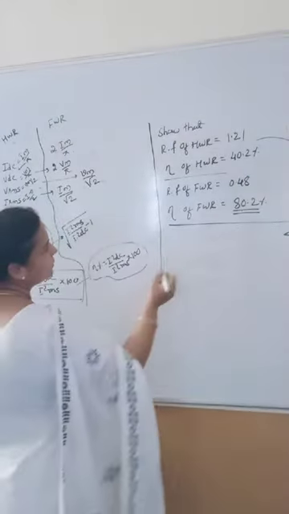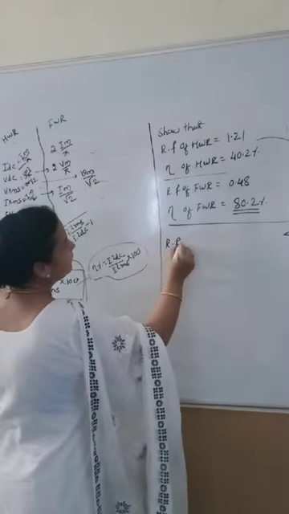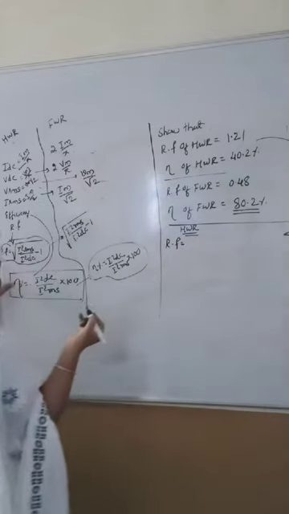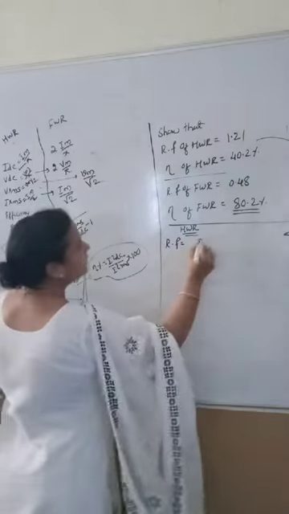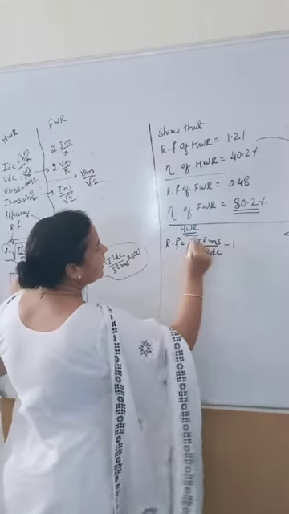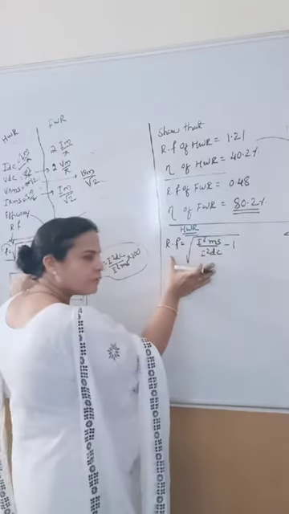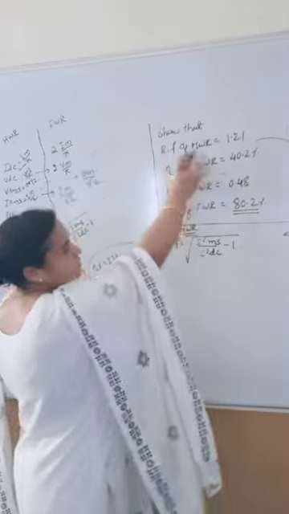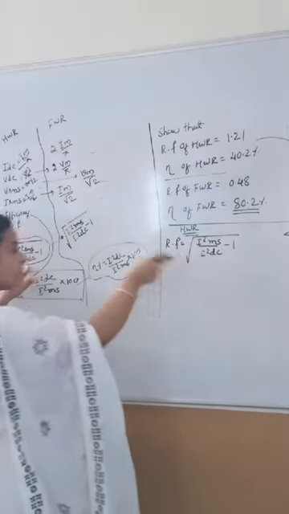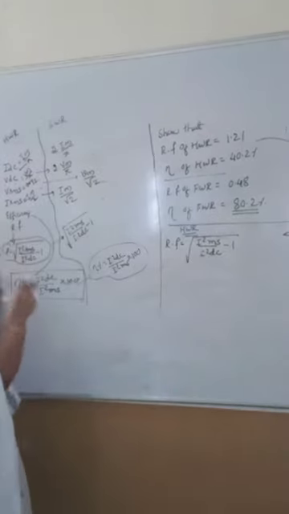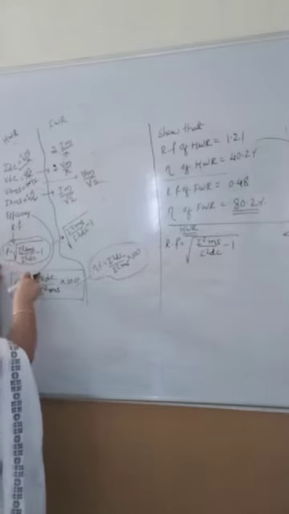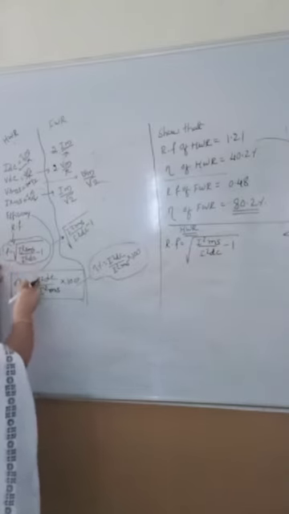For that, what do I do? I'll write the ripple factor. I am doing it for a half wave rectifier now. What is the formula for ripple factor? I have the square root of I square RMS divided by I square DC minus 1. You should start with this equation which you have already derived when this question comes. You need not go for the derivation of this equation. Only when they ask you to derive the equation for ripple factor, you should come till this.